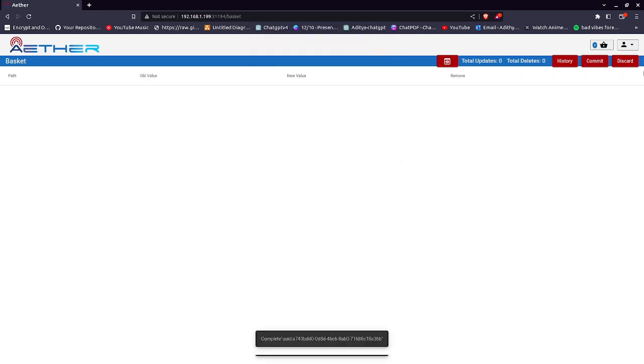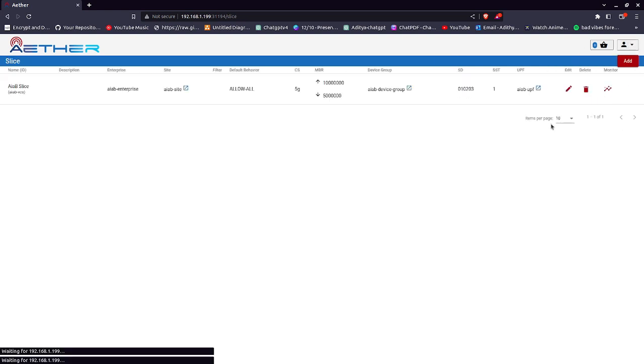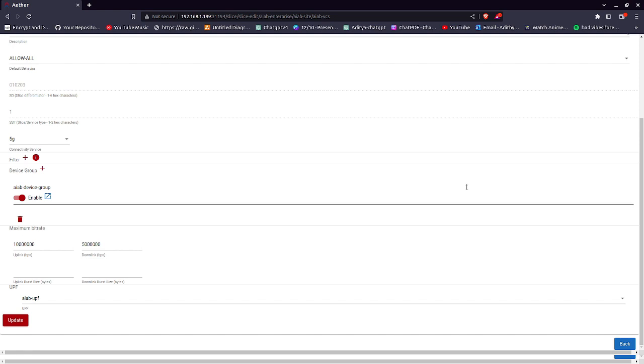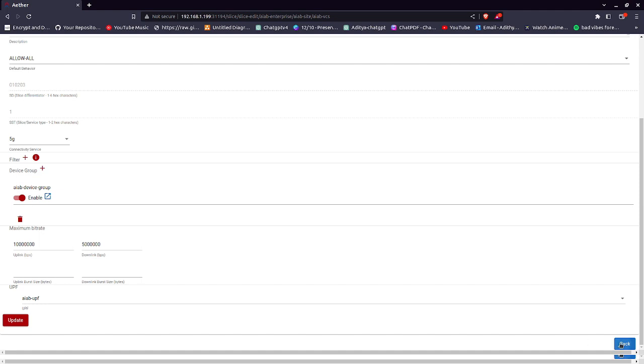Okay, so all the device groups, devices and the SIMs have all been configured. And now the last thing, that is go to the slice. Okay, this is the current slice, this is the default one. You can add information on this slice only, you can modify this slice also, and we can also add our own slice. Let's go back and create our own slice,